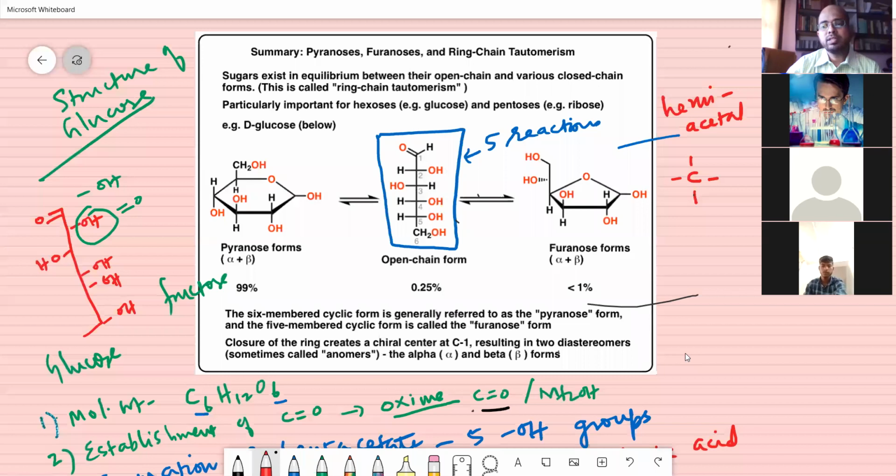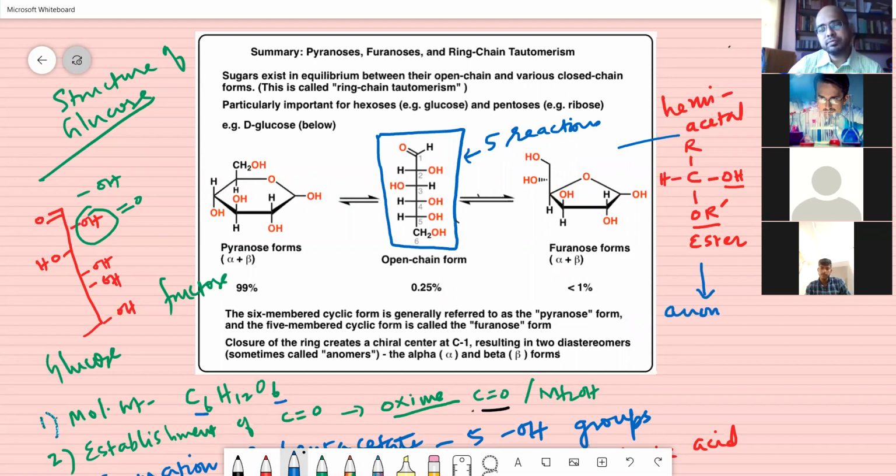You put one H and one R there, and then you put OH and OR. So you have a structure with a hydroxyl group and also an ether group. The presence of this hemiacetal structure suggested the formation of